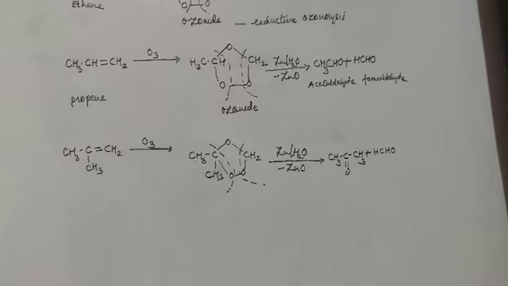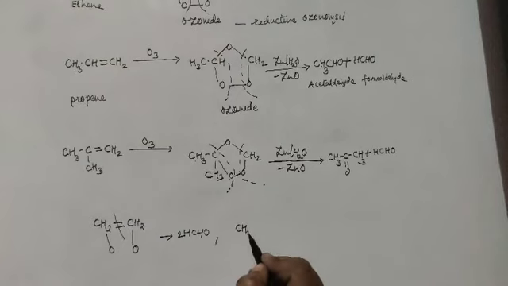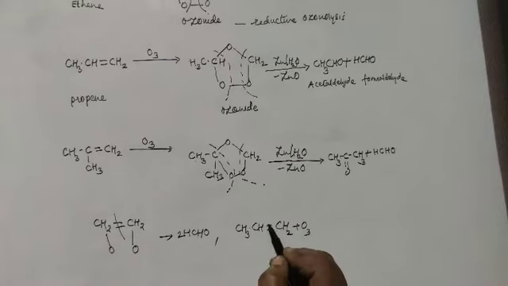Simply, a short trick is there. Suppose we take ethene, CH2=CH2. Wherever there is ozonolysis, just break this bond and add oxygen on both sides, so that there is a formation of HCHO, two molecules. You take an initial compound, suppose propene, CH3-CH=CH2. If there is ozonolysis, then just break this bond and add oxygen on both the sides. You remember the product. This is a short trick.